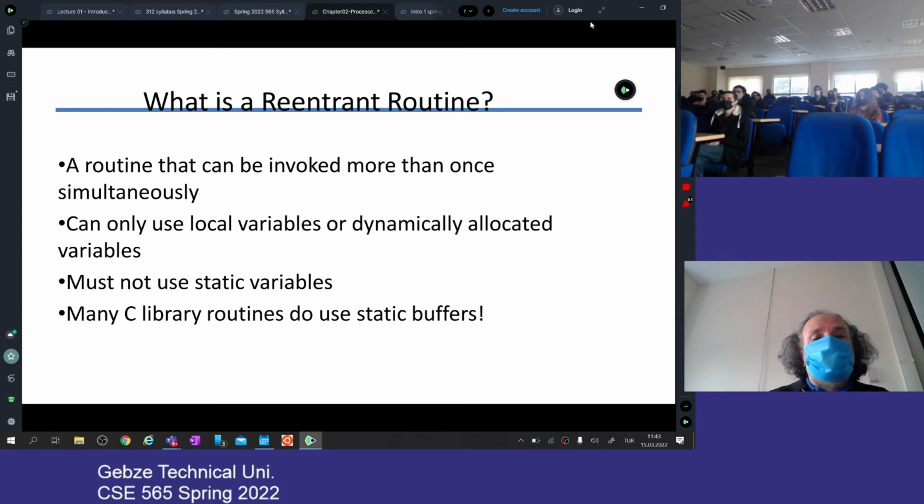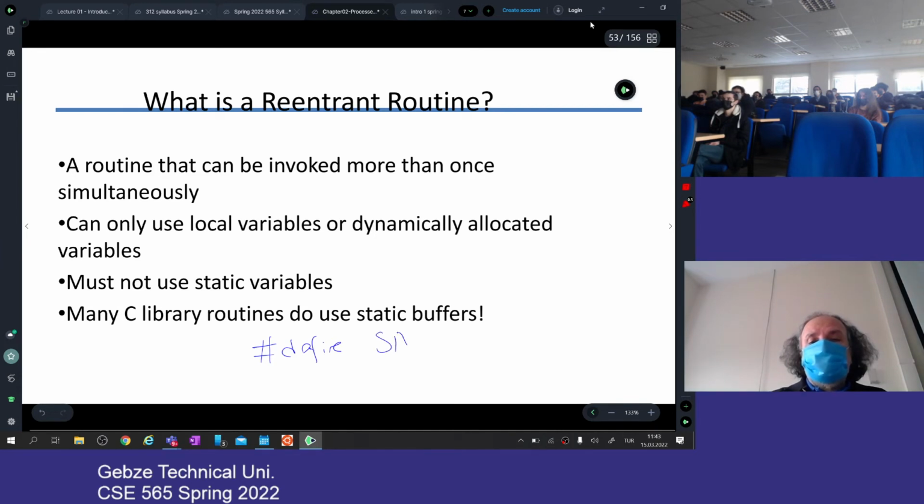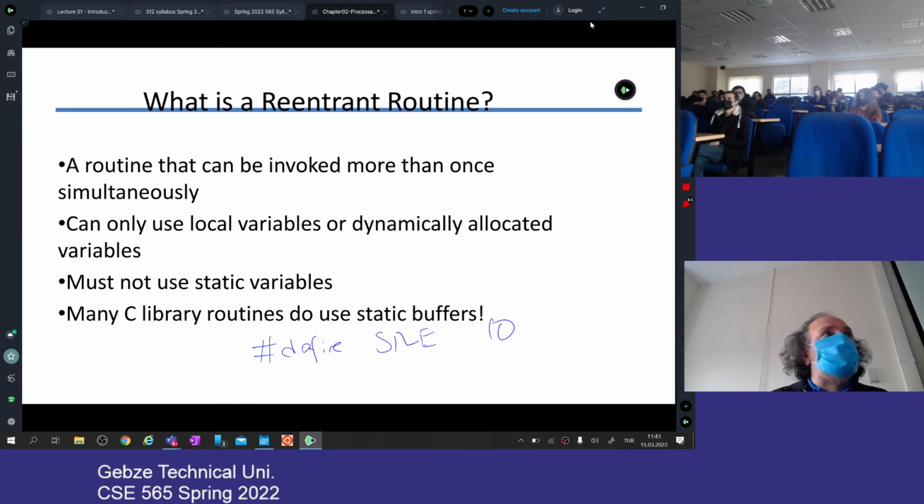So for the re-entrant routines, there should not be any statics in it. There should not be any modifications of global variables, right? Well, this is fine. If you have a define size 10, this is not a variable, this is a constant. Nobody is going to change it. So use this size as much as you can, as long as you don't make any change. Obviously you cannot change the value of size. It is defined, or a constant integer global. That's fine. But global variables that can change values are very problematic for